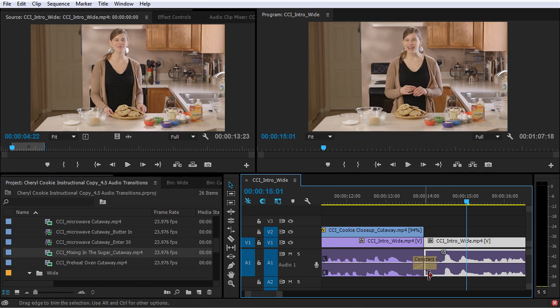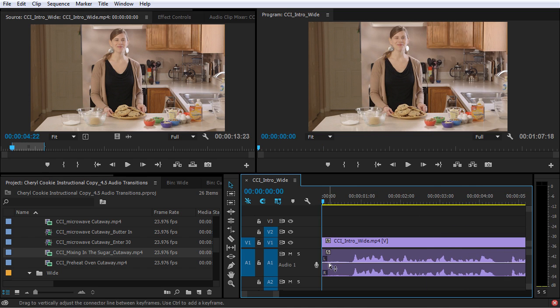But because there is, this is going to work fine. And in most cases, it's going to work just fine. Now, if I jump back to the beginning, if I try to apply a default transition here, you can see that the transition applies, but again, there's not anything before this point to fade down. So essentially what this is going to do is just fade this clip up